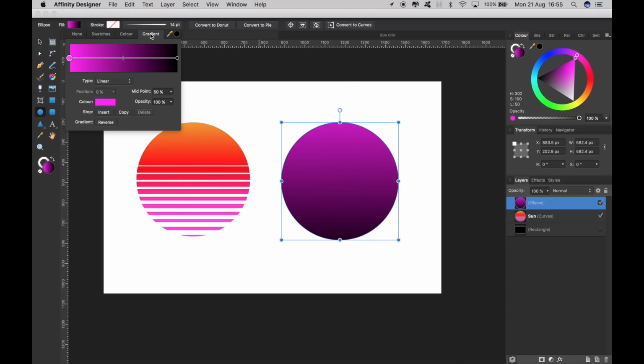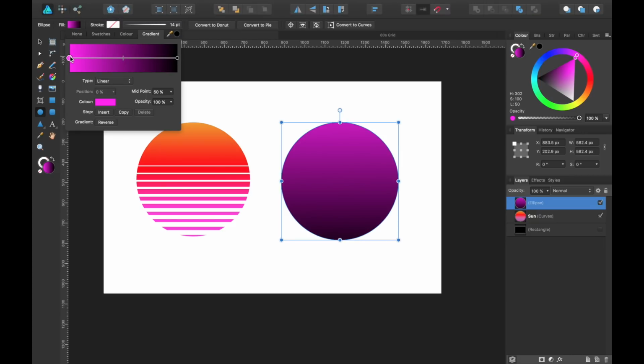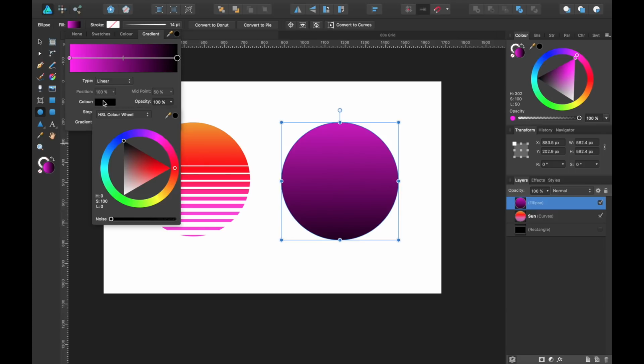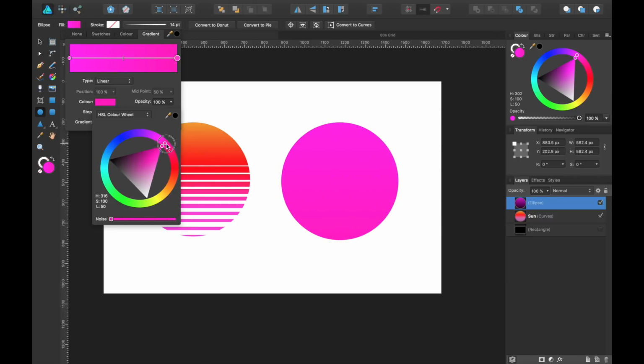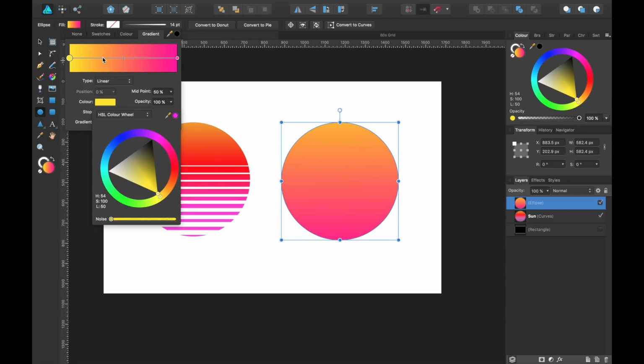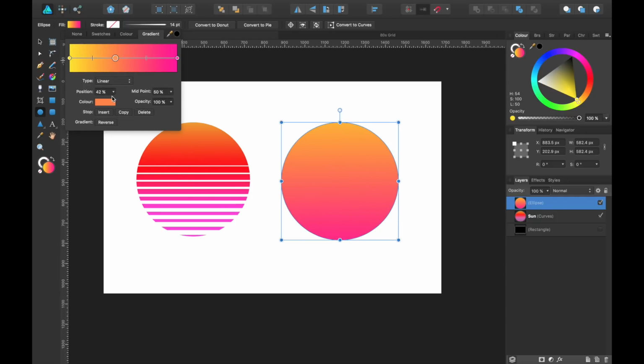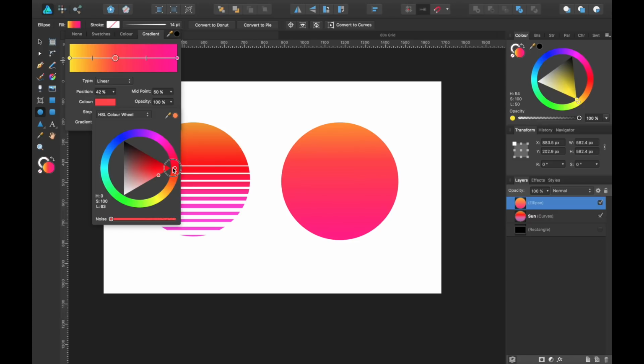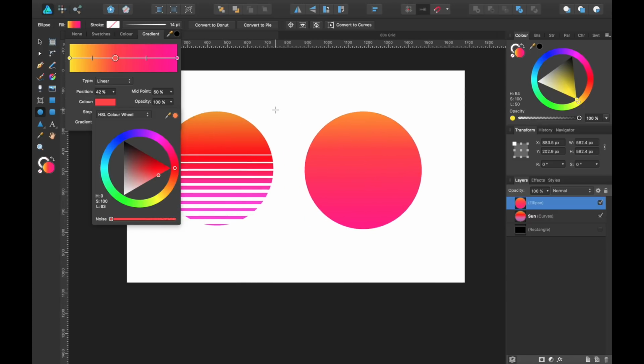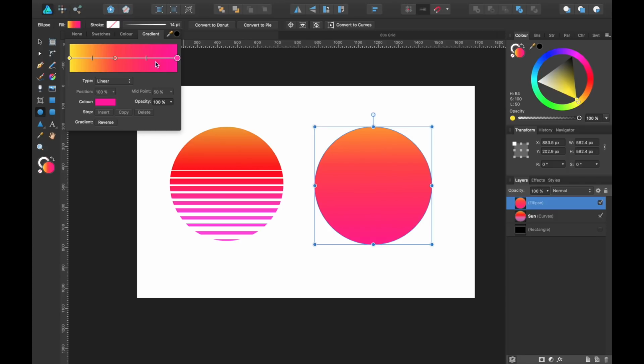Let's choose the color. We go to Fill, we'll go to Gradient, and here is where you can change the color. So I want this black part to be more like this color here. So I'll change the color to a more pinky purple, there we go. And we want the top end to be orange or yellow. So I want it to be yellow. Now we can add points in between, so let's choose a red. So I double clicked on this line which created a new point, and let's choose a red. We need to make this a little bit more pink.